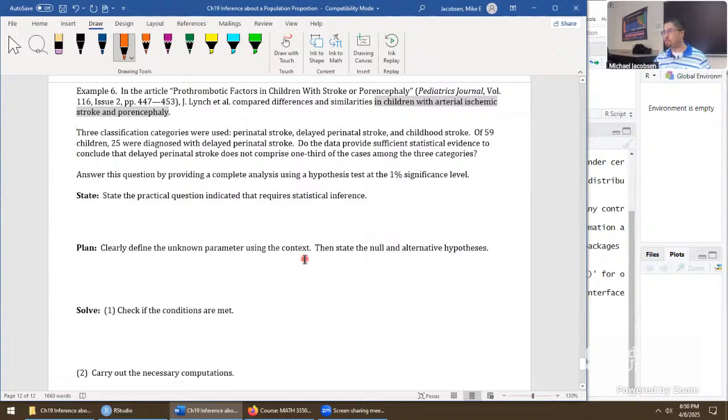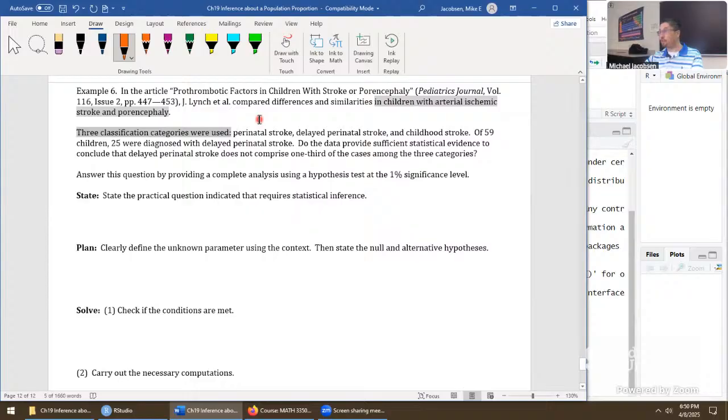They go on to tell us there's 3 classification categories used. That's concerning to us because our categorical data only has 2 categories, success and failure. So if we're presented with 3 categories, we must mark one of them as a success, the other 2 as being the failures in the problem. It just makes it a little bit more tricky in identifying the success. But if you see a question mark, that's probably the research question, which is dual indicating the success in the problem all at the same time.